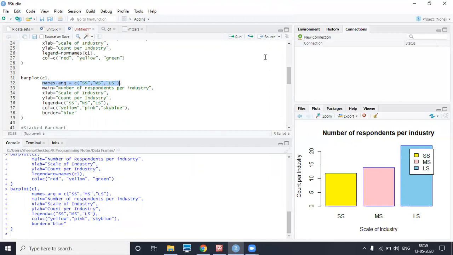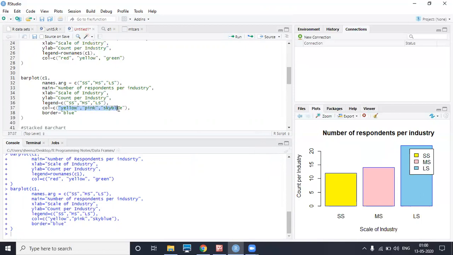So let us revise that. First thing, the command to draw a bar plot is barplot, and the first argument will be your data frame, and after that you have xlab. Xlab is to specify the name of the x-axis, ylab is to specify the name of the y-axis, main is to specify the header name, the name of your graph, legend is to specify the names which you want to show in the legend, col is to specify the colors.